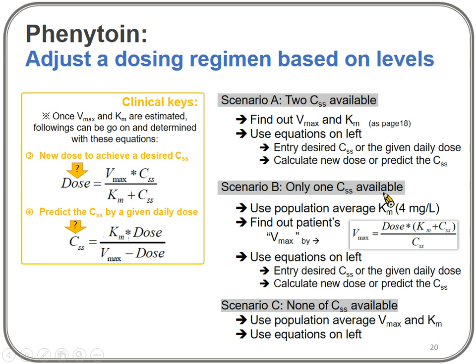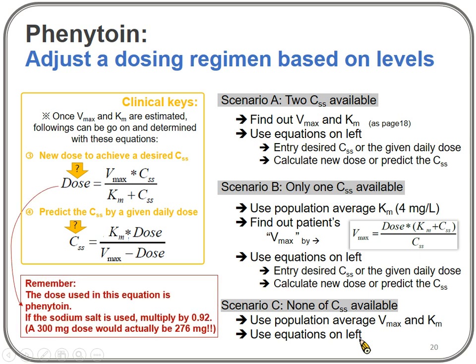So here are the scenarios: if you have both 2 different steady state levels available, then you can get the patient's own Vmax or Km, or if only one or none of the blood draws has been checked yet, you can only use the population average Vmax or Km instead. And another